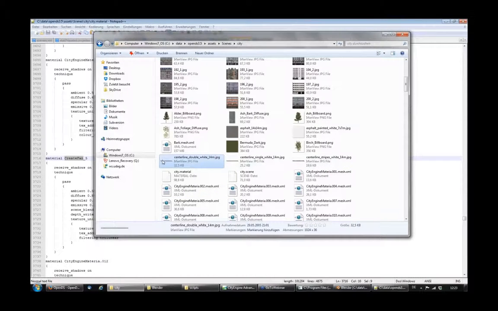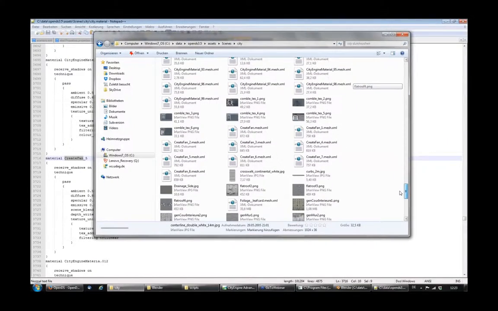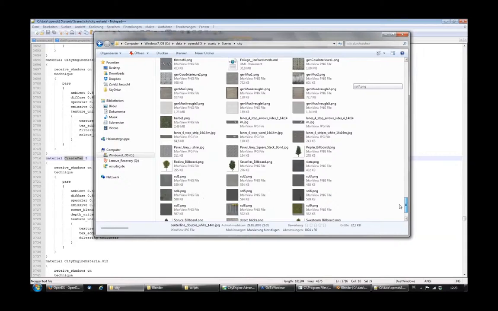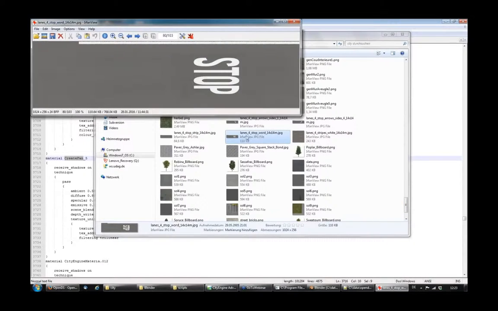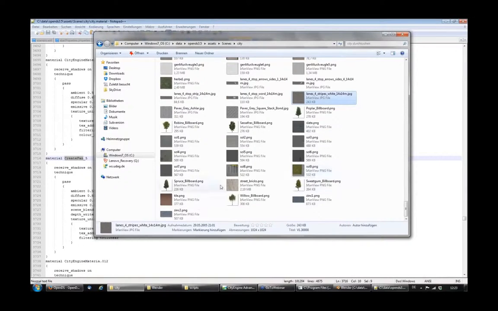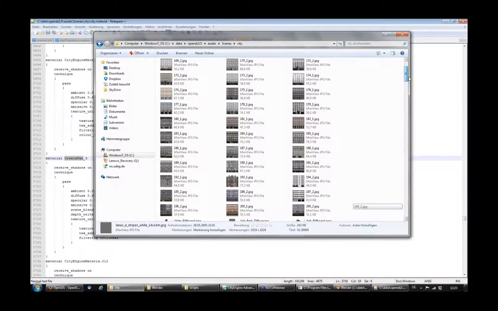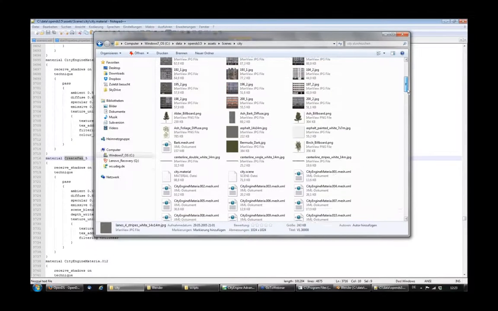They all start with center line. And lane, so we have here part of the lane, here part of the lane. So we now search for all the materials which have a lane or this centerline texture,